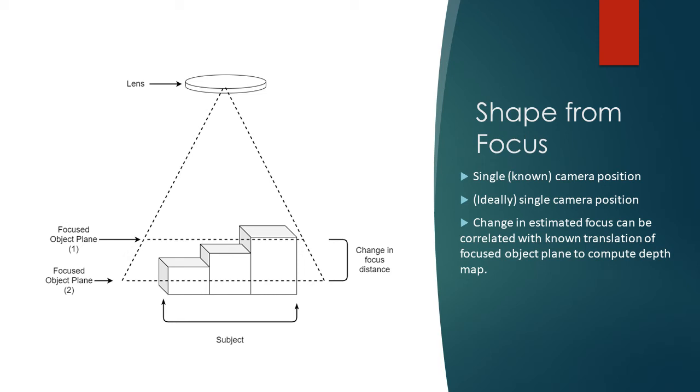This method takes advantage of the optical blurring seen in images when your camera has a shallow depth of field, which is the range of depth in the scene you're imaging that's currently in focus. By changing the focus of the lens or position of the camera, the depth at the different points on the object can be estimated to better understand the real-world shape of an object. Images can be made to visualize the depth at each point in the scene.